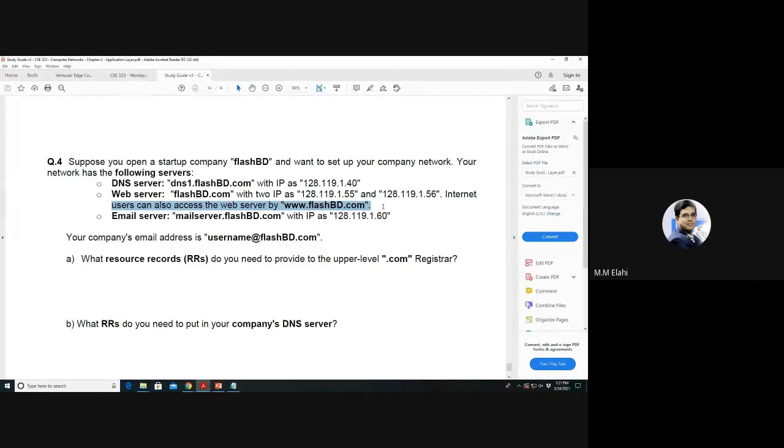If you give google.com, then what happens? It also comes, right? Now this is the point. If you specify google.com, by default it also goes to the web server. But if you give ftp.google.com or mail.google.com,